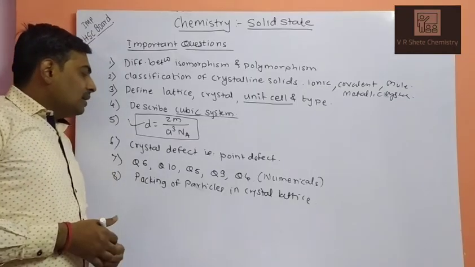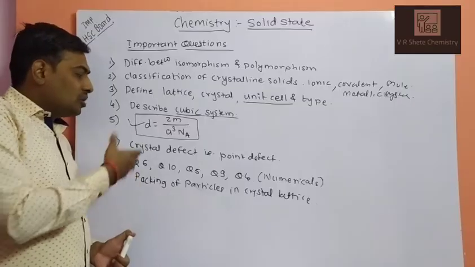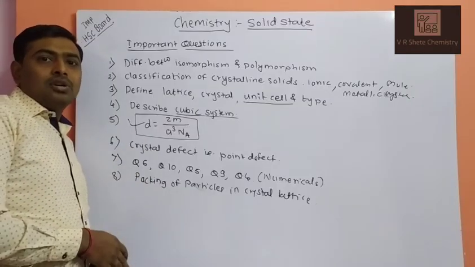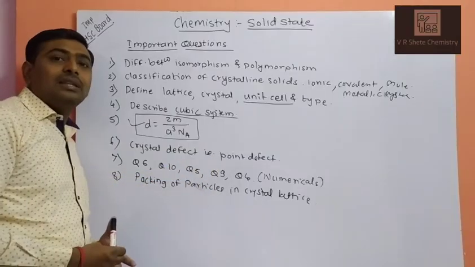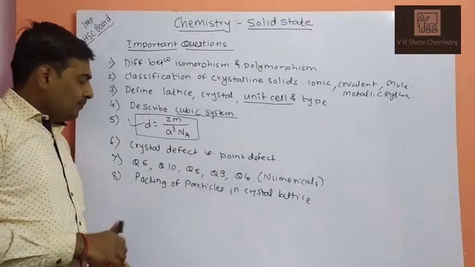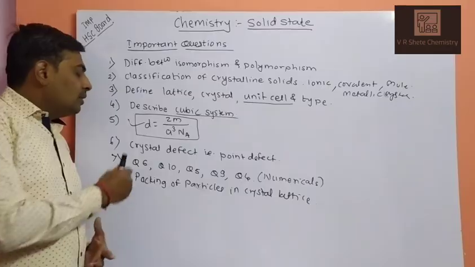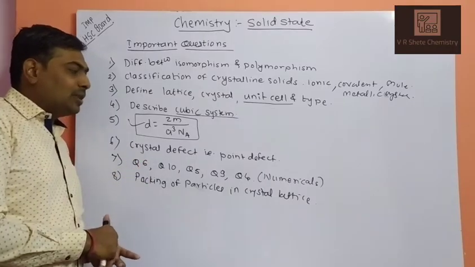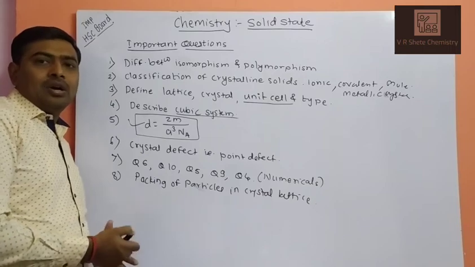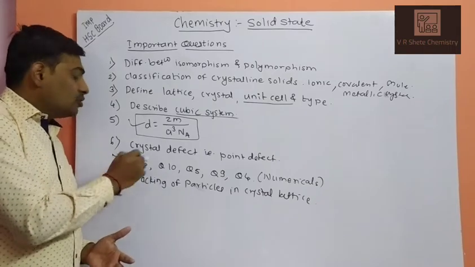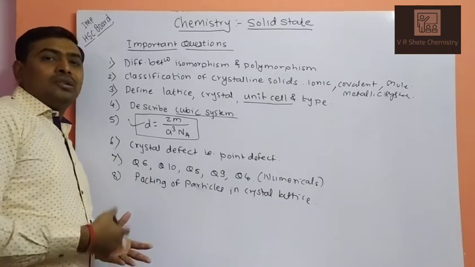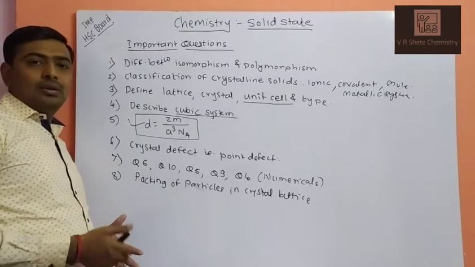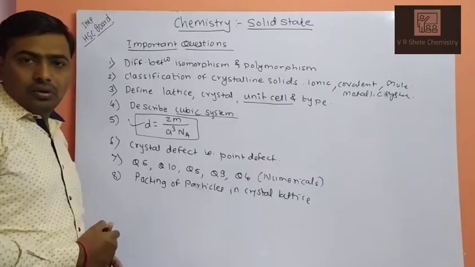Next question, crystal defects. A question may be asked, what are the defects in crystal? Or especially, a question may be asked, what is point defect, line defect? There are different defects. Then numericals from the exercise. Question number 6, question number 10, 5, 9, 4. These are very important numericals from this topic. Numericals may be asked according to a change of values. We'll go through the general equations of numericals.